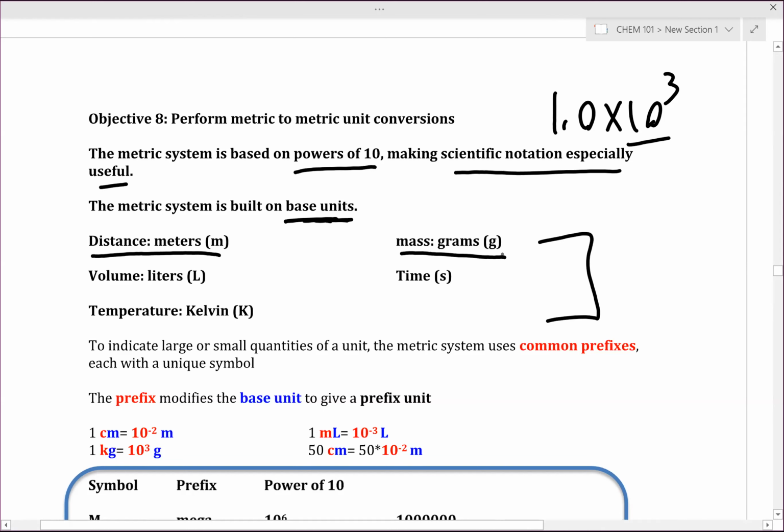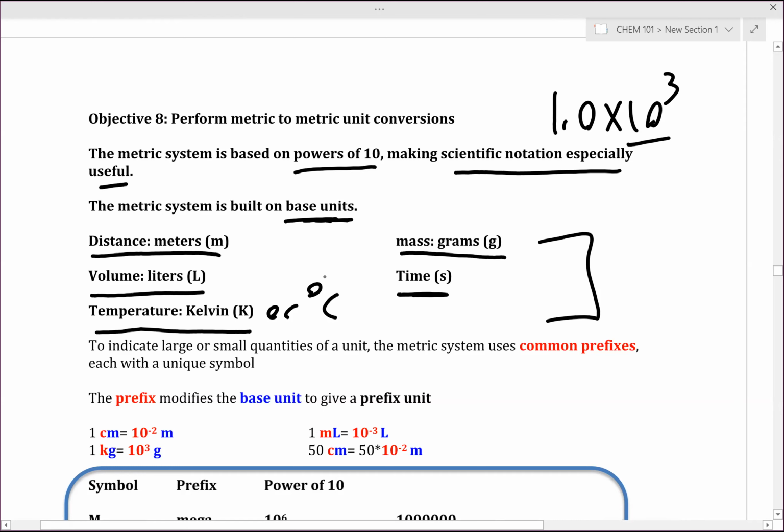If you're curious about the distinction between mass and weight, they are identical on the surface of Earth, but when you get into space, we'll start to talk a little bit about why the English or imperial system has a lot of trouble handling units of mass. Anyway, so grams, and it's considered interchangeable with weight for most chemistry experiments. Time is in seconds, volume is in liters, and temperature is in Kelvin or Celsius.